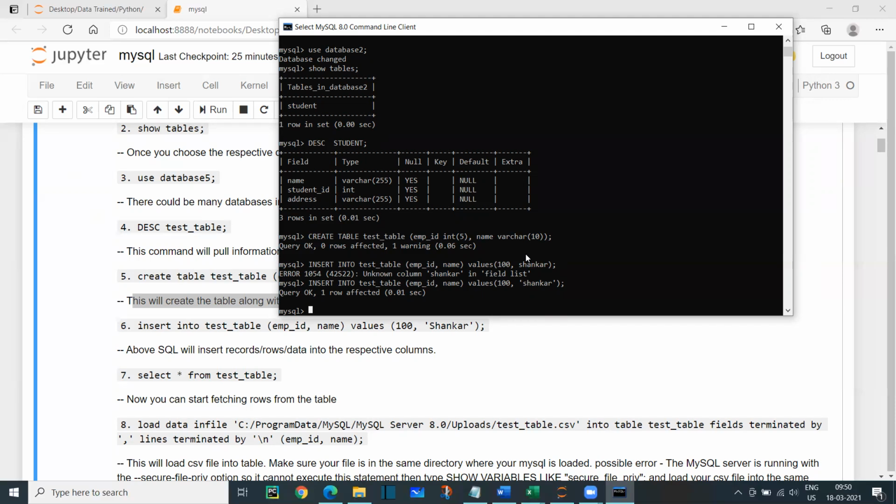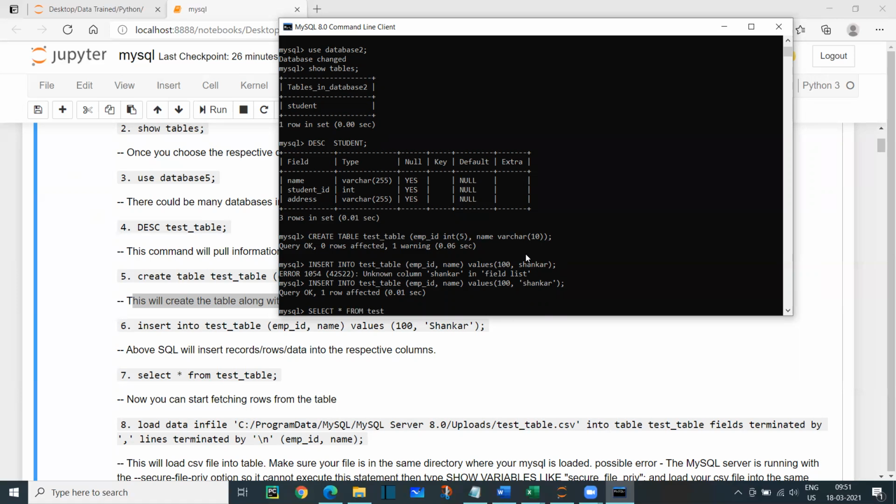Let's say I want to check what data is inside the table. Now I'm going to say select star. Star means everything inside the table. Later I can control it based on some condition and all. But whenever I say select star, it means select all the data. Select all the data from where? Now I will say from